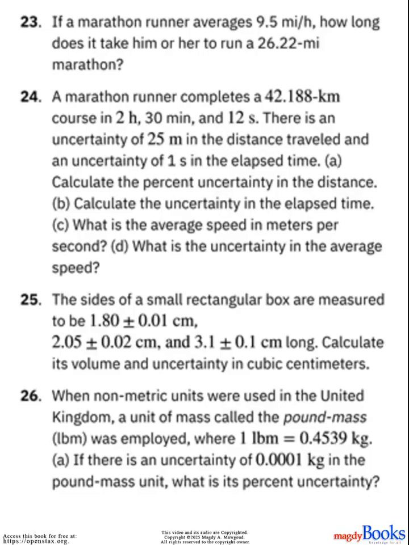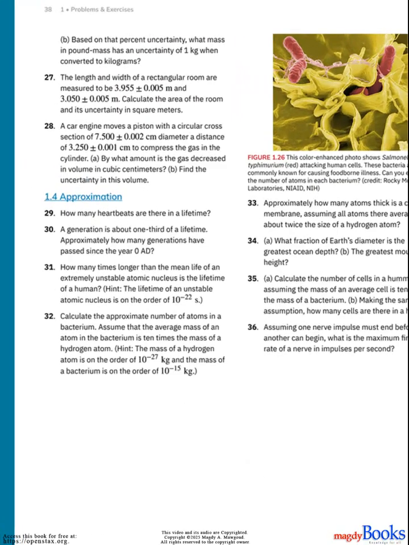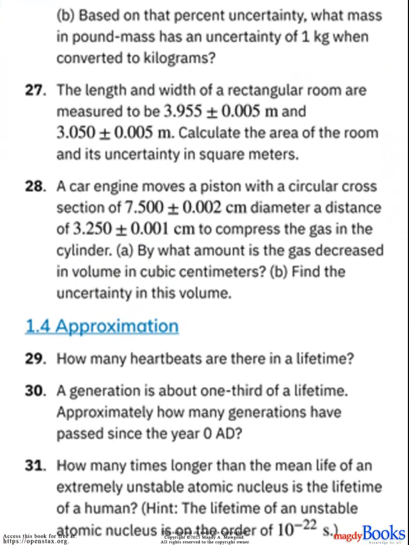26. When non-metric units were used in the United Kingdom, a unit of mass called the pound mass, lbm, was employed, where 1 lbm equals 0.4539 kilogram. A. If there is an uncertainty of 0.0001 kilogram in the pound mass unit, what is its percent uncertainty? B. Based on that percent uncertainty, what mass in pound mass has an uncertainty of 1 kilogram when converted to kilograms? 27. The length and width of a rectangular room are measured to be 3.955 plus or minus 0.005 meter,